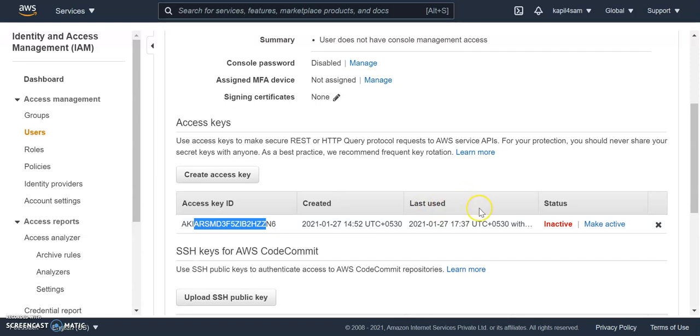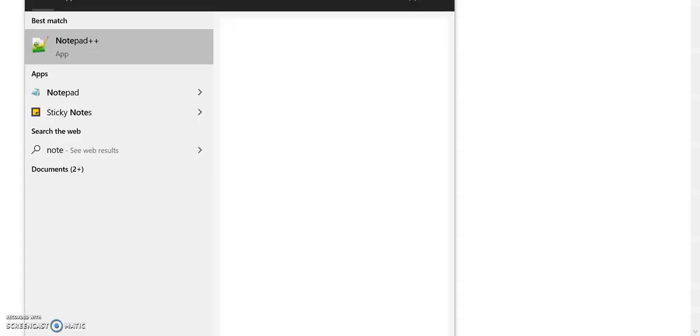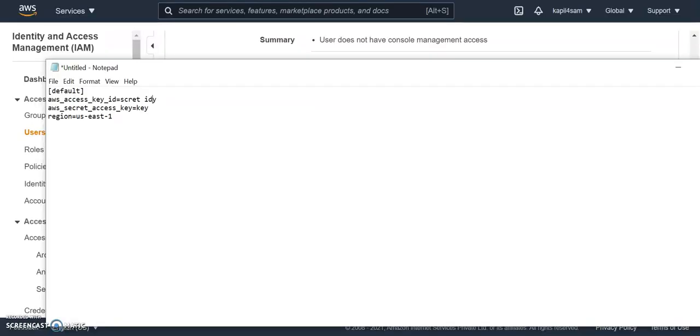from the Wazuh server. And this access key and secret access key you need to enter. You need to create an AWS profile in your Wazuh server, and using that profile it will communicate to your AWS services. In that file you need to configure a default profile, or if you want to have multiple profiles, then you need to create multiple profiles.